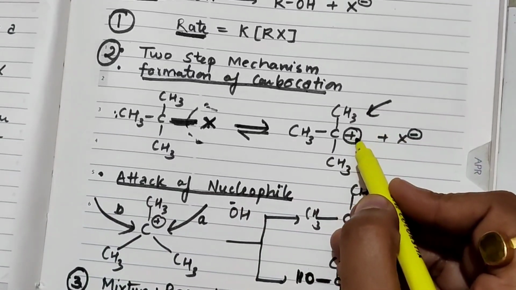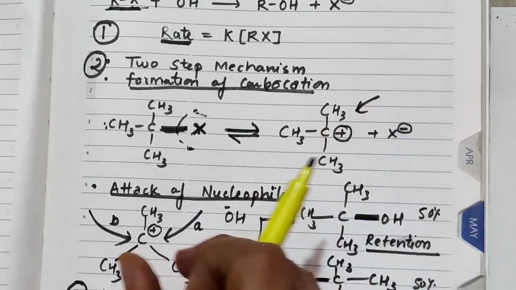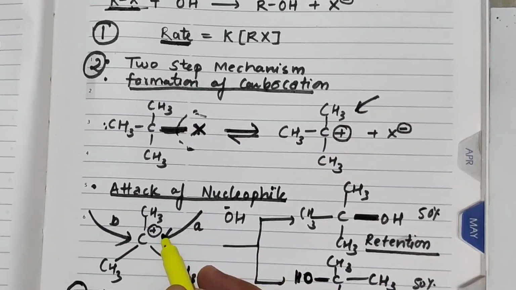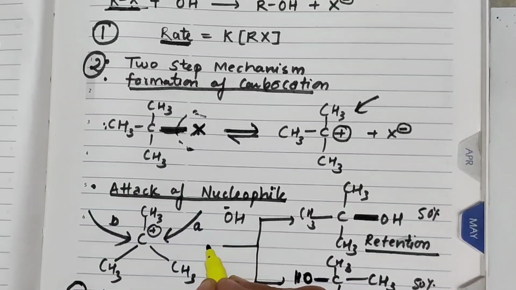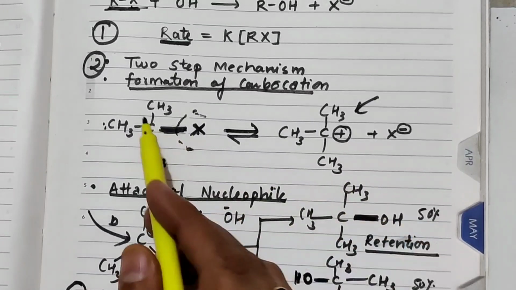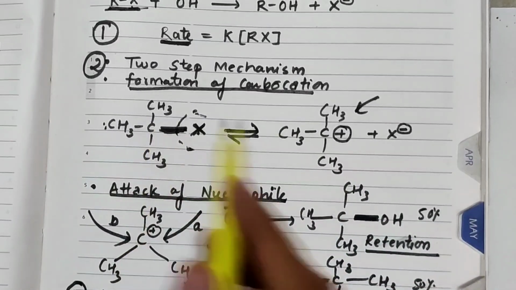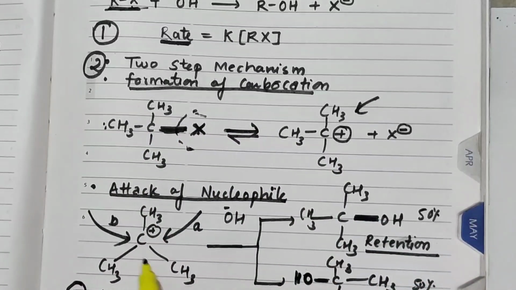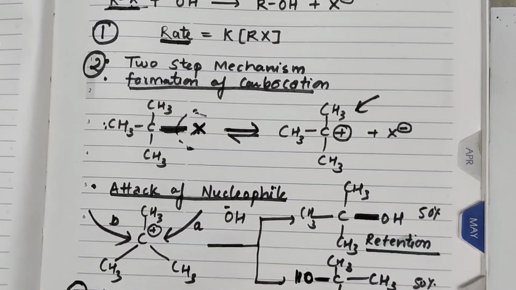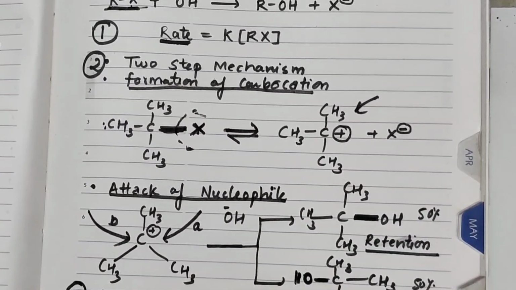Now when this carbocation is formed, here it is in 2 dimensions, but actually in 3 dimensions the nucleophile can attack from any side, that is from this side and also from this side. So we get two kinds of product. When it is attacking from side A, we get the same configuration as that of the reactant, meaning retention takes place. Whereas if it is attacking from the back side, then inversion takes place. Because of this mixture, it is known as a racemic mixture, and it is controlled by 3 degree greater than 2 degree greater than 1 degree. This is the reactivity order.